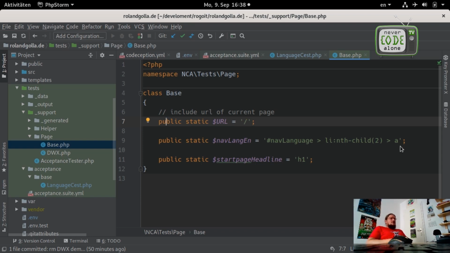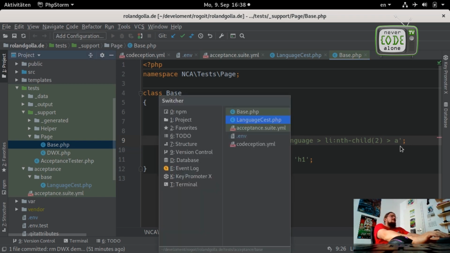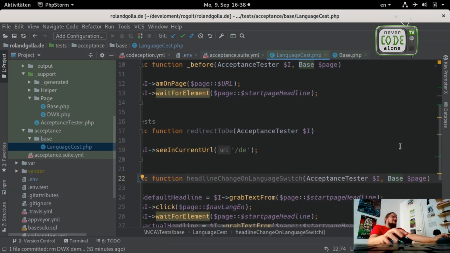Okay, and also there's another reason, because now when we have here some speaking variable names, you can read it much better on the test when you develop the test. With this here, I cannot say that this is the navigation language switcher to English. Okay, but with this here, navigation language English, for me, everything is clear. I can go back to the test and I see,